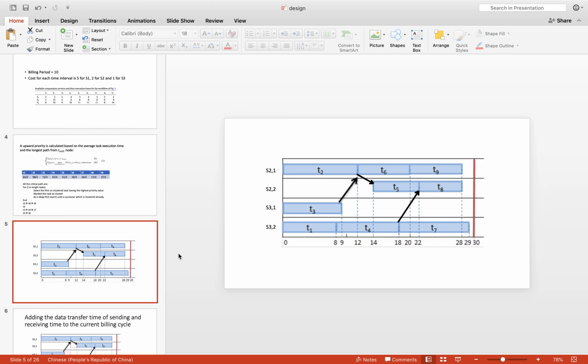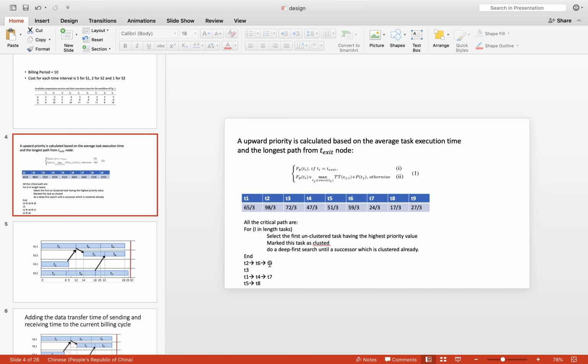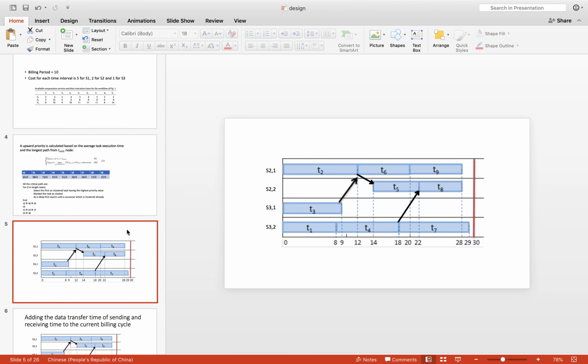The second part is scheduling the paths onto different virtual machines. As we can see here, the path found is the same as in ICPCP, so we just use the ICPCP method for this scheduling. This is the provisioning part of ICPCP. But we found something